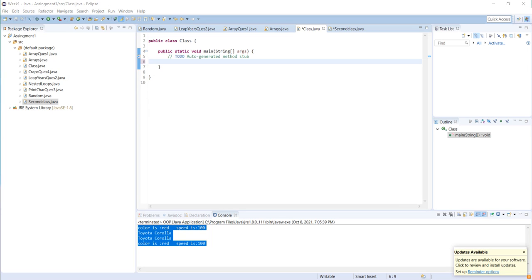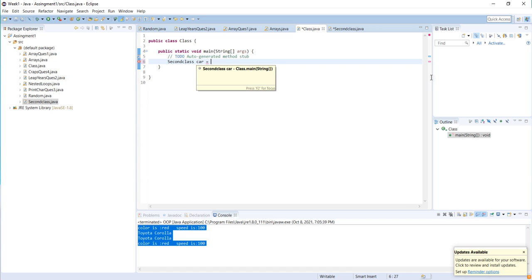To create a new object, I'll write the class name, because I have to access the features from the second class. Then I write my object name. My object is a car, so I'll just name it car. You can name it anything: wire, paper, scissor, whatever.